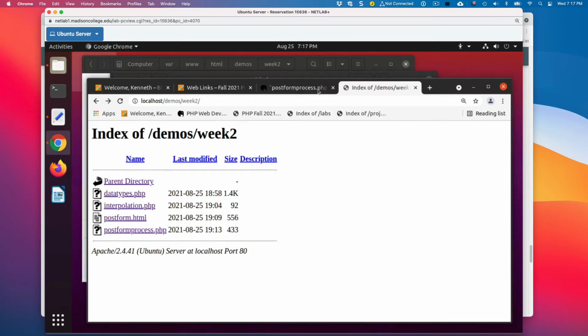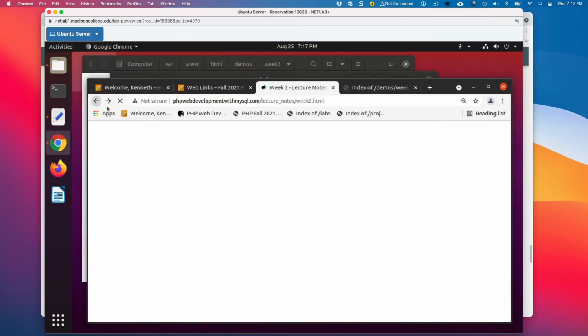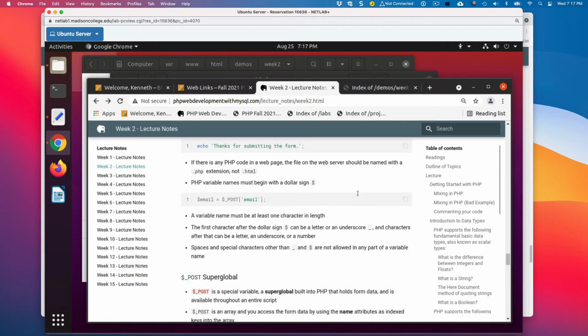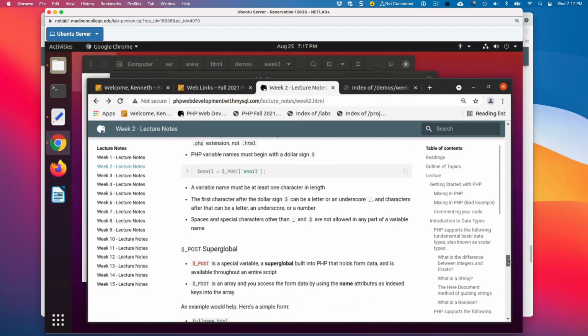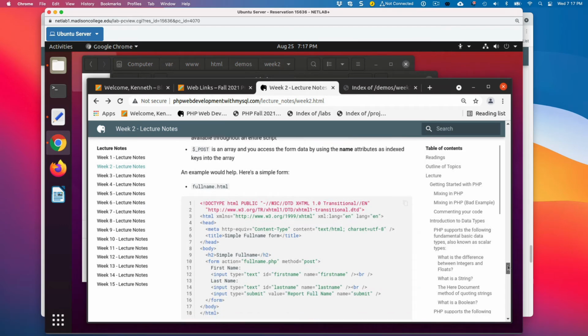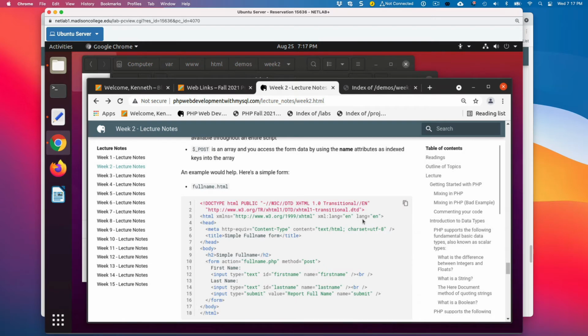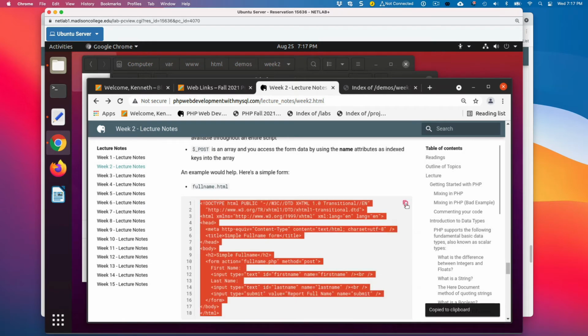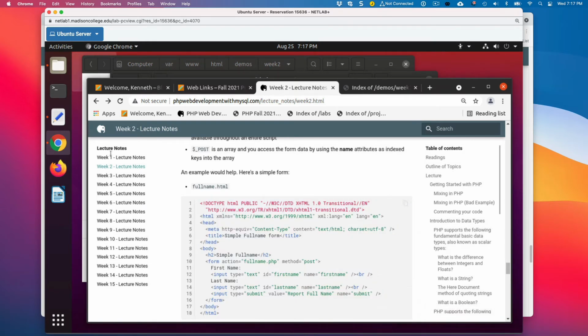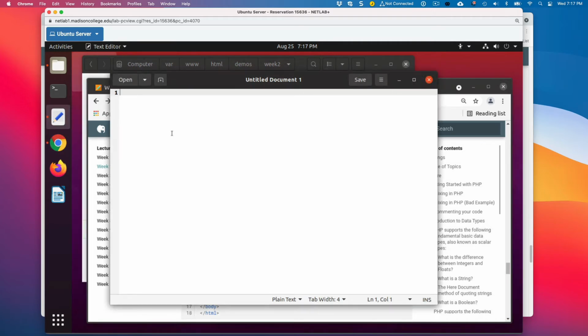So I want to go out to the lecture notes right here, scroll down a little bit, and I'm going to grab this whole thing right here. You can do the same if you want. Oops, let's do that again. Copy to clipboard. We'll go paste that in here.